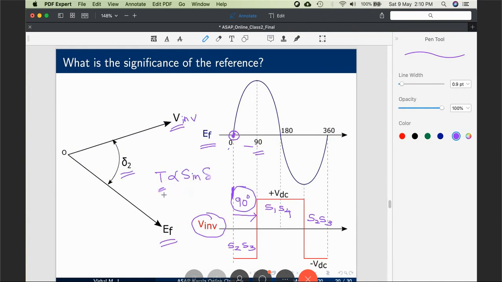Clear? Earlier, due to the delay block, it was taking so much time to reach the steady state. Here, with the least possible time, the machine will accelerate to its new speed. So, it's always best to keep 90 degree. Will there be instability issue? Absolutely no, because delta is completely in our control.